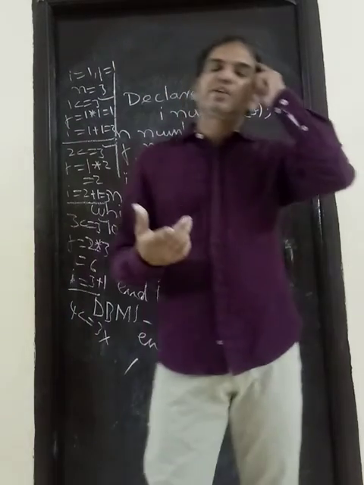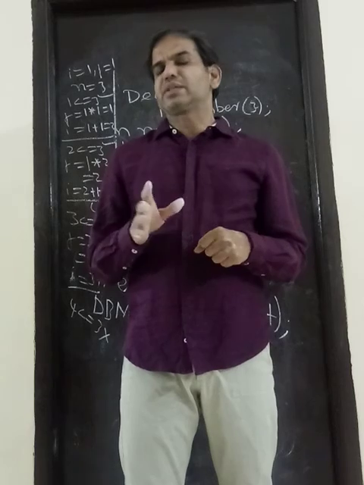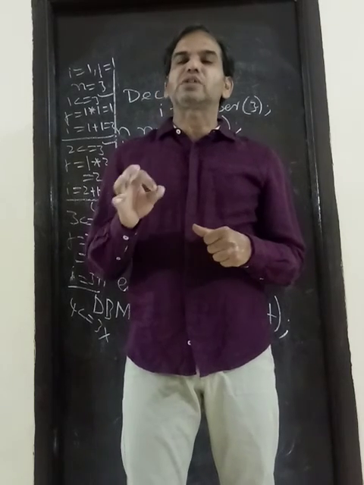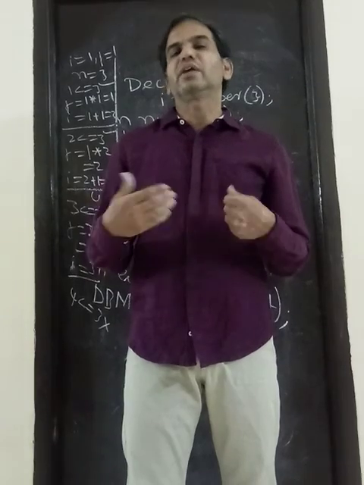So in the next class, we will see about the for loop. What is the syntax of the for loop? It is similar to C language. In the for loop also, first the condition is checked. If the condition is true, then only the statements will execute. We will see in the next class.